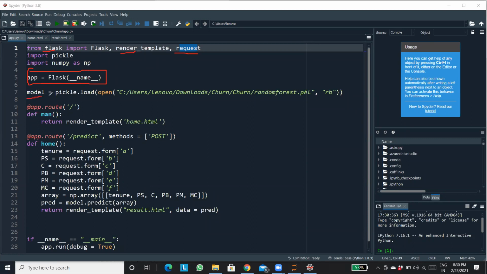Now here I am doing model equals pickle dot load. Then there is the command open. Why open? To open the model. So here I am giving the path of that particular model, random forest.pkl. It's stored in this path, so I am specifying this path explicitly. And here I am using rb, basically read binary. rb stands for read binary. When I was creating the model, what did I used to write? I used to write wb, correct? Here I am using rb because I am reading the model. Are you able to understand till here, guys?